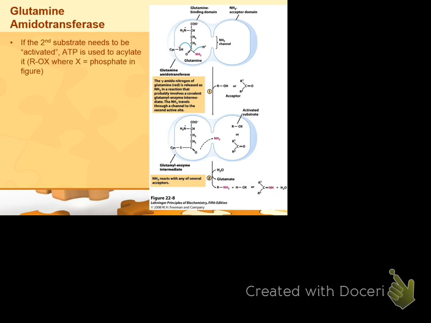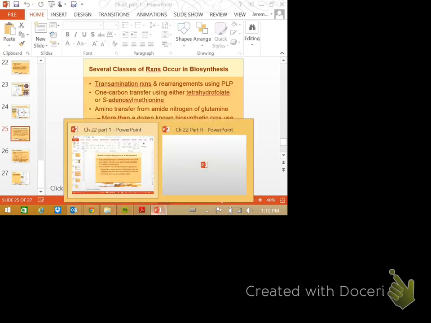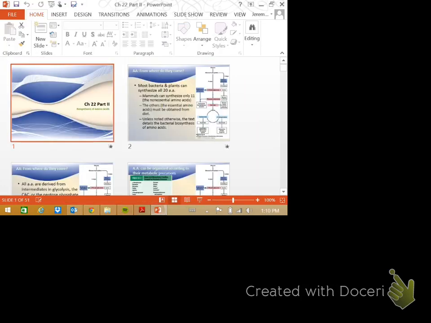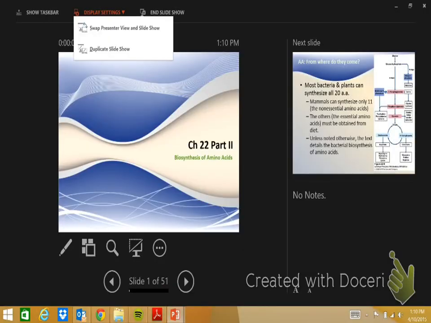Okay, and so that was just the end from what I was hoping to get to on Wednesday. And then we're going to just pick up right in the second section of this chapter.